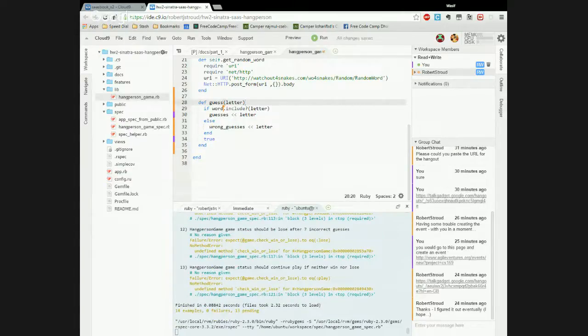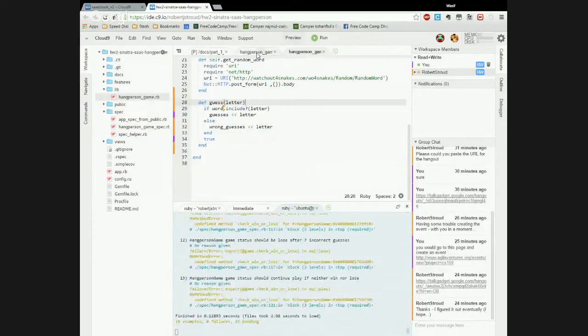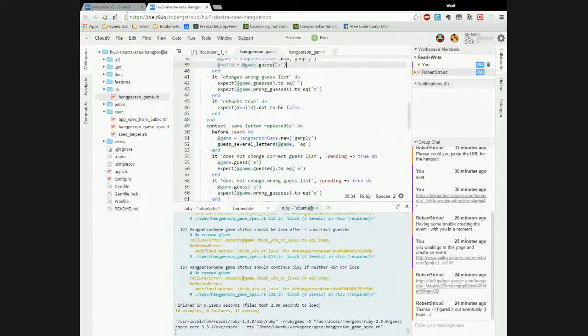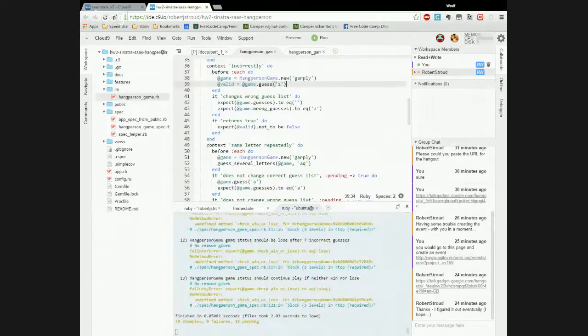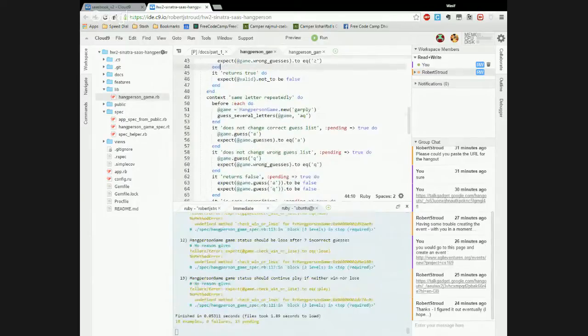Hope it will work. Okay. Oh, that's good. Yes, that's better. Good. Okay, then the context incorrectly is passing, right? The context incorrectly here is passing. So good. If we move to the next context,